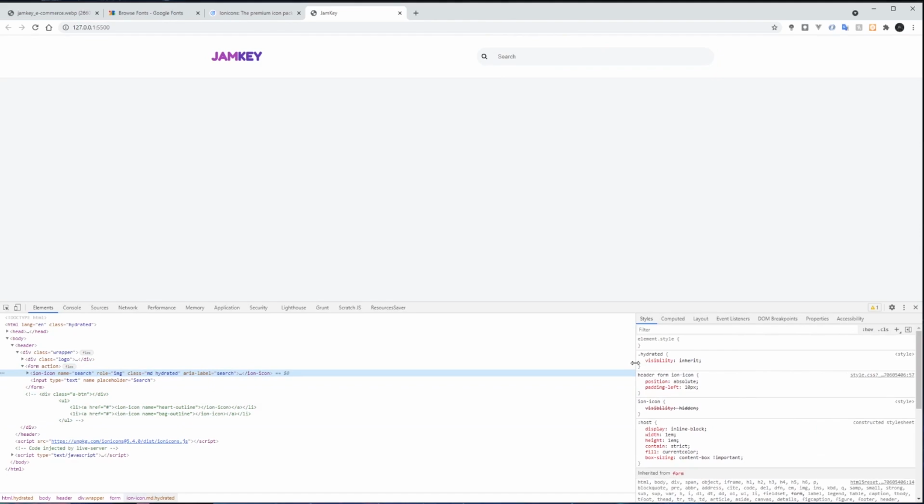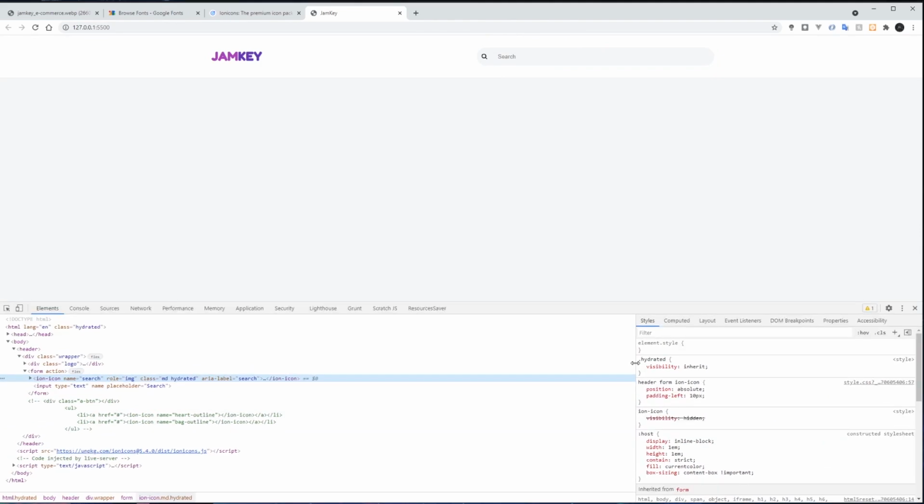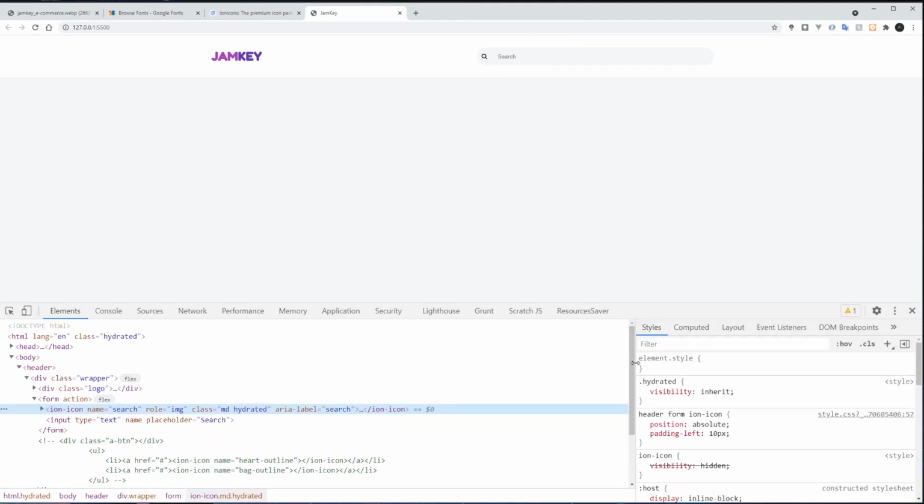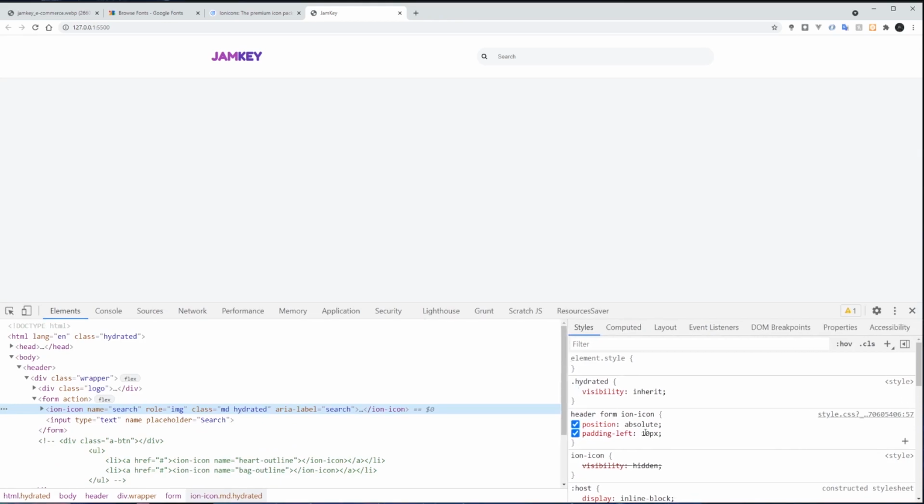Let's see if I can make it a bit smaller. Okay. So now we say padding left maybe 10 pixels. If I remove it, you see it's just at the edge here. So I want to make it go small, so I'll just use my eye to gauge it.